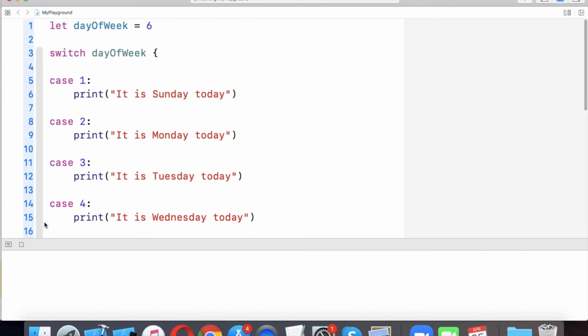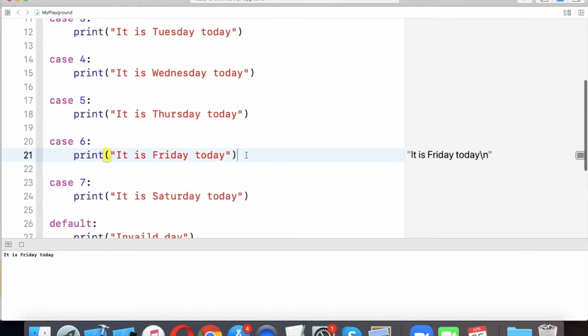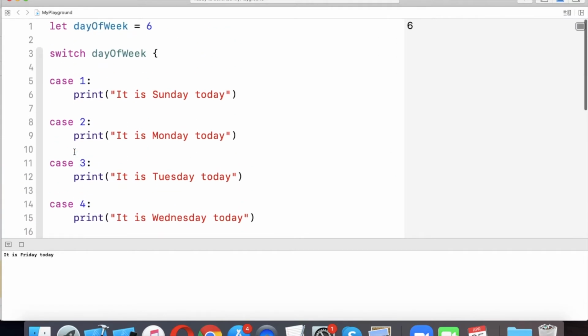We run this code, compile it and get the result. As we can see in the compile section, it is a Friday today will be printed. Why? Because we passed dayOfWeek as 6.